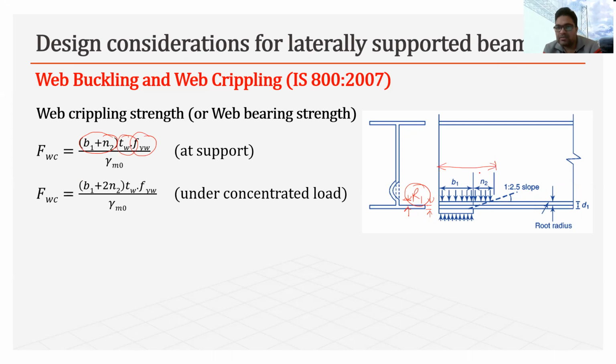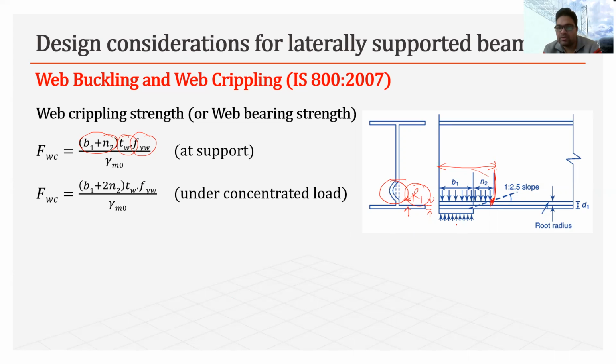Up to this length, web crippling may occur because the load is dispersing at this point. So this kind of crippling may occur up to B1 plus N2 length in case of reaction, in case